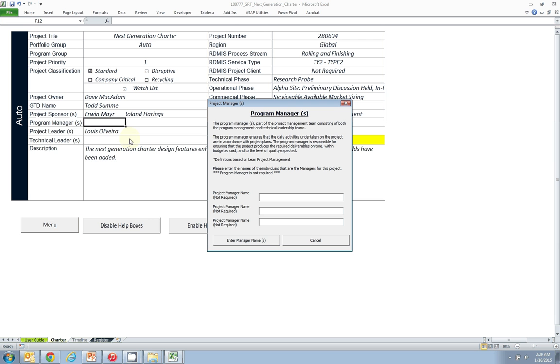Program Manager. This person is not required for the project. Program Manager is part of the Program Management team, which consists of the Program Manager and the Technical Leader teams. Definitions are based on Lean project management,